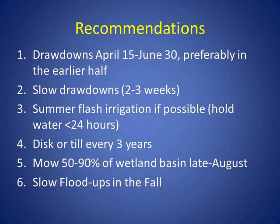Mowing 50 to 90% of the wetland basin in late August. If you have a lot of plants that have very persistent stems, like curly dock or smartweeds, those won't fall down on their own as easily as the winter goes on. If you have a lot of grasses, you might not need to mow at all, because they will fall down on their own throughout the season. But just to maintain some open water, especially some species like wigeon and pintails do like that more open landscape. They get too shy. They won't go into the thicker growth like mallards will. So, more open areas to encourage pintails, green-winged teal,